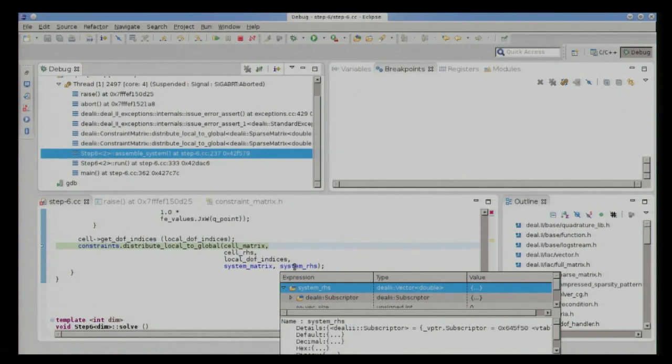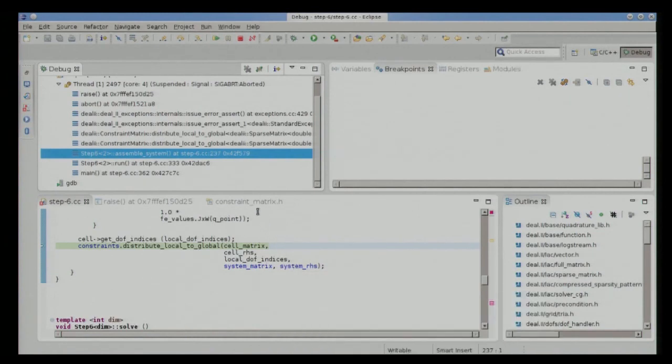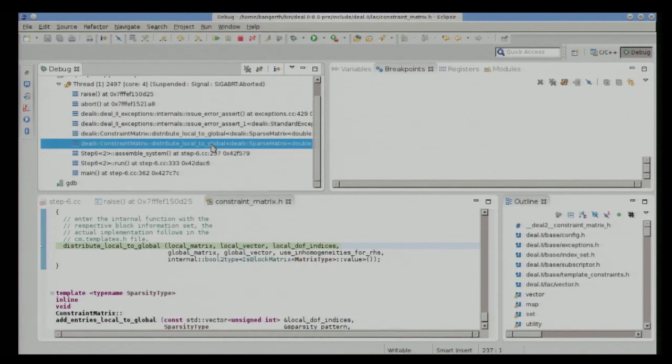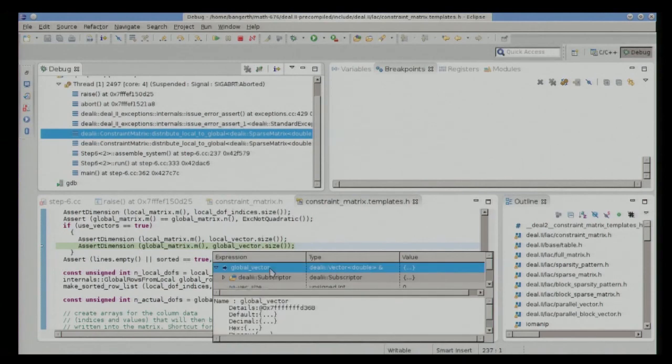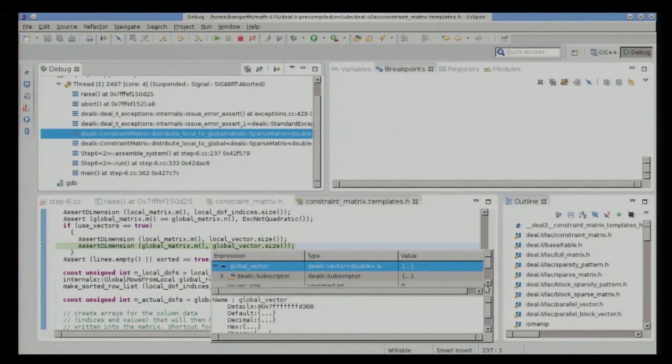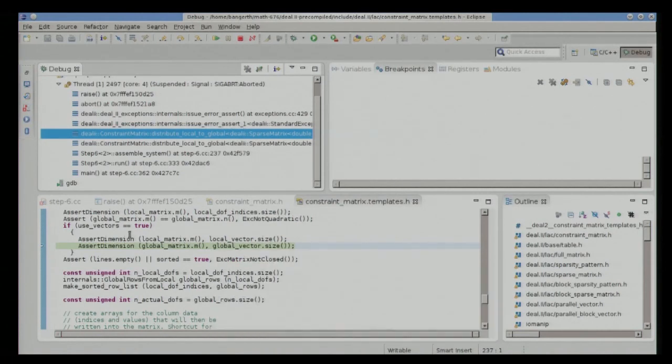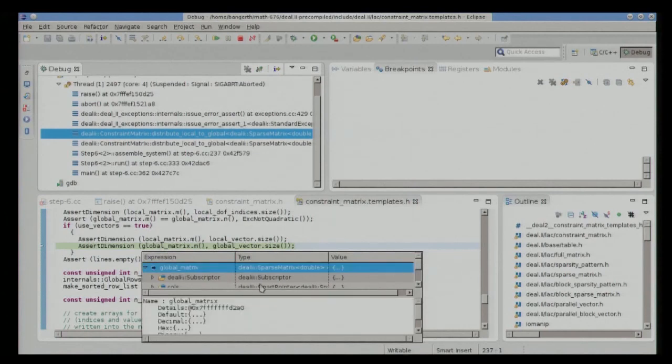But ultimately, what you will have to find out then is, well, what's happening here? So if I look at distribute local to global, essentially it just forwards this. And eventually you will come to a place where you will find an assert dimension where it verifies that the size of this matrix here equals the size of this vector. And that's the place where, so global vector is a vector that has size 0. I can look at this by going here. So I see that the vector size is 0, whereas for this global matrix here, I will find that